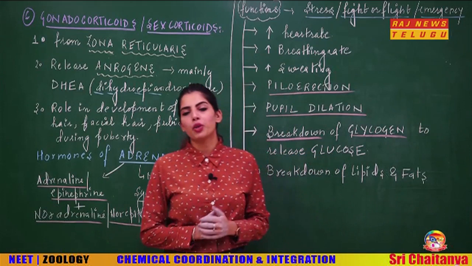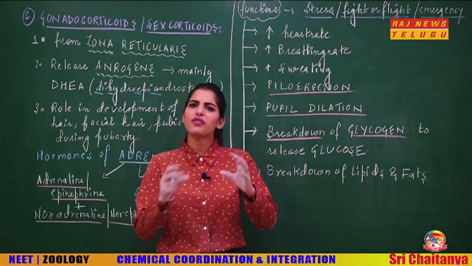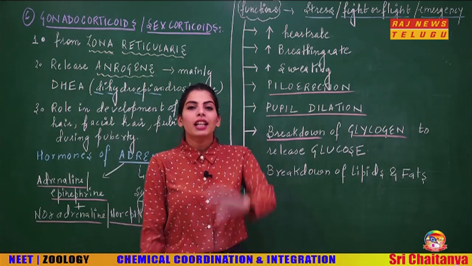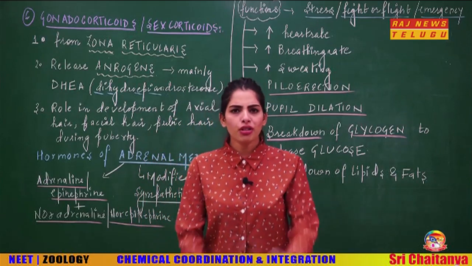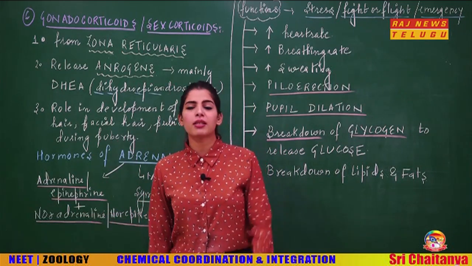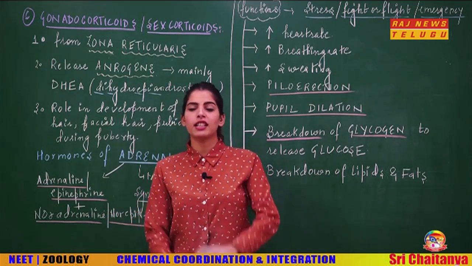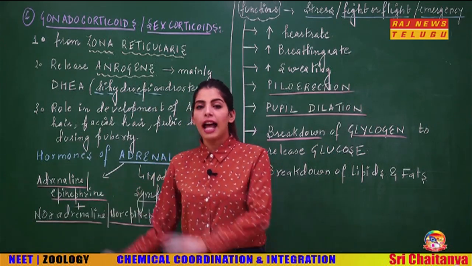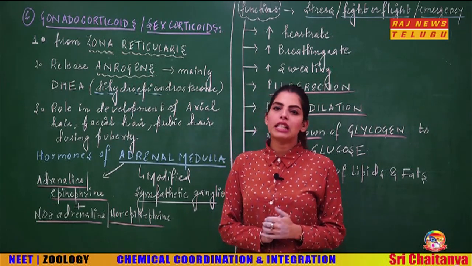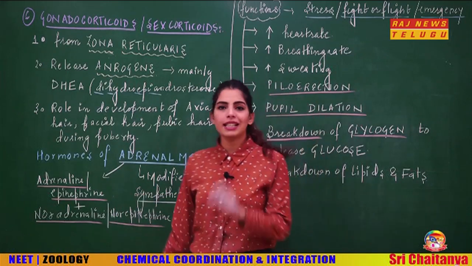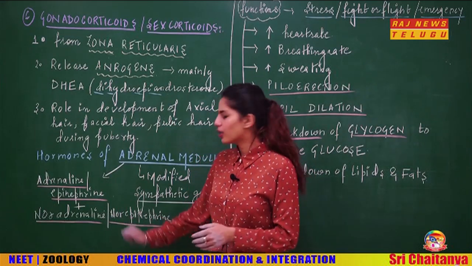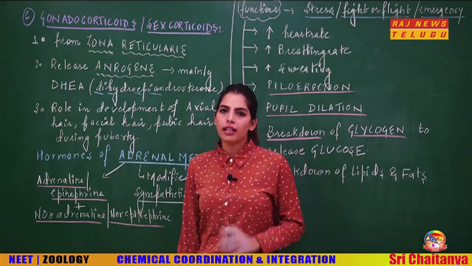Now also I would like to give you one more piece of information, that cortisol is very important for different types of functioning in your body. Even if the medullary region is damaged, the functions could be performed by your nervous system as well, because the nervous system also has adrenaline and noradrenaline that act as neurotransmitters, and here both are acting as hormones. Also, talking about these two, adrenaline is the major one, approximately 80%, and the remaining 20% is noradrenaline or norepinephrine.